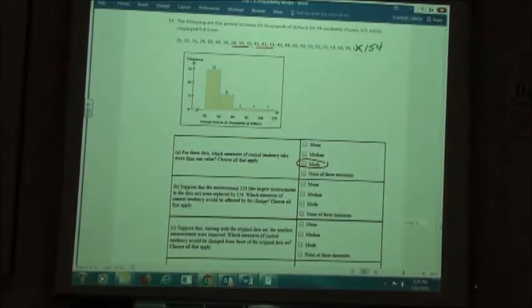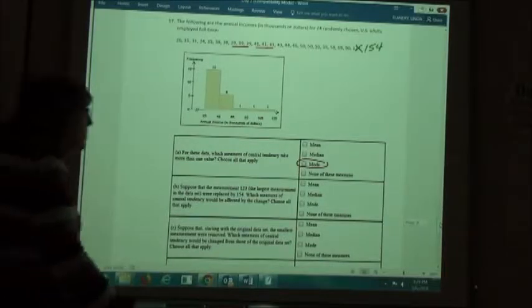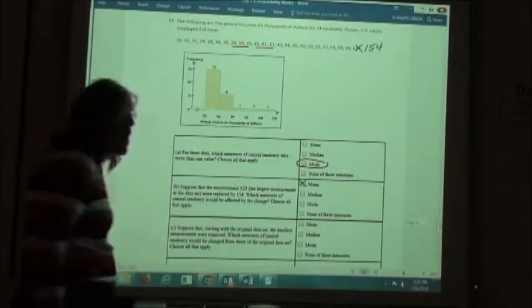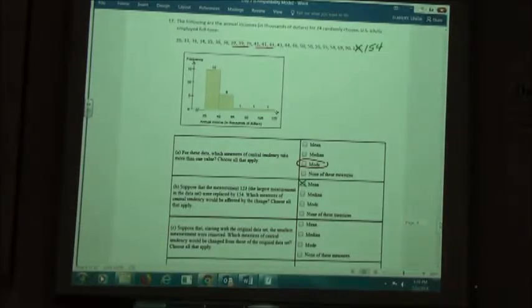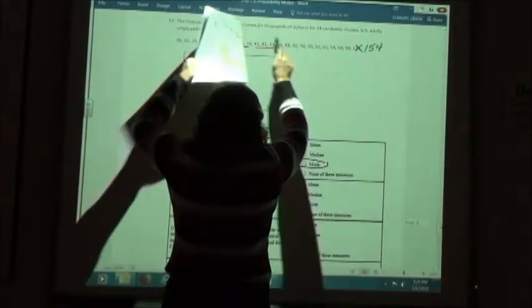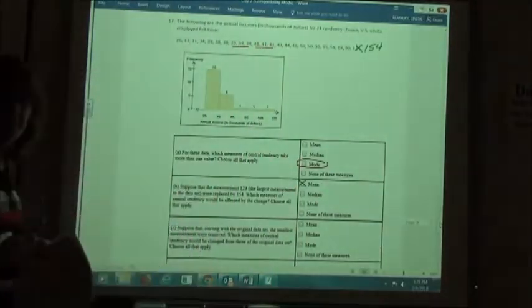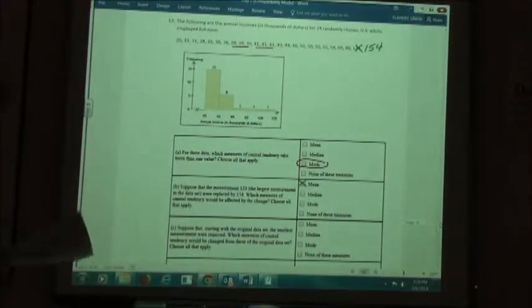Which measures of central tendency would be affected by the change? So which would that affect? Mean. That affects the mean. The mean would be higher since I made that last number higher. The middle number should still be the same. The mode still should be the same. I still have the same 2 numbers. You do have to watch the median sometimes if it's something that might be affected, but in this case it's